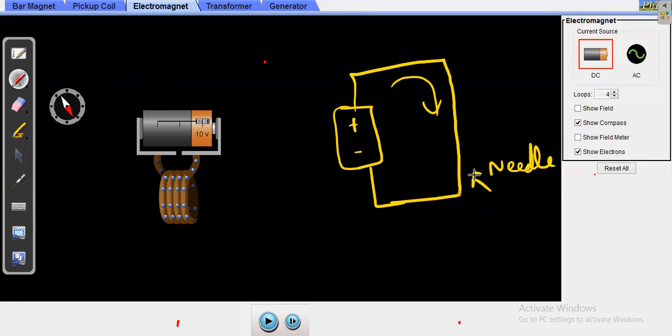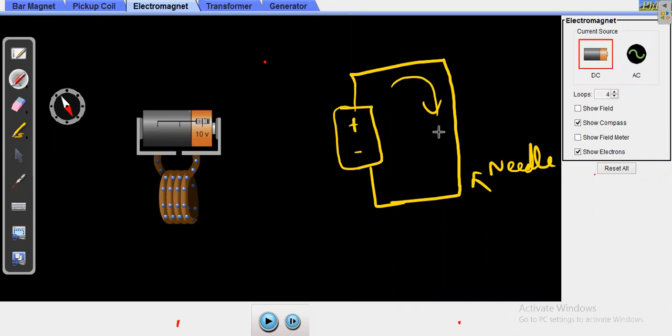Now what happens? First, before passing the current, you bring the needle and see whether it gets attracted by the wire or not. You take the wire in such a way that on the outside there is no plastic, only conductor. It will not get attracted. You pass the current through the wire. After some time, the needle may be attracted, because this wire itself has become an electromagnet. So that is the concept.